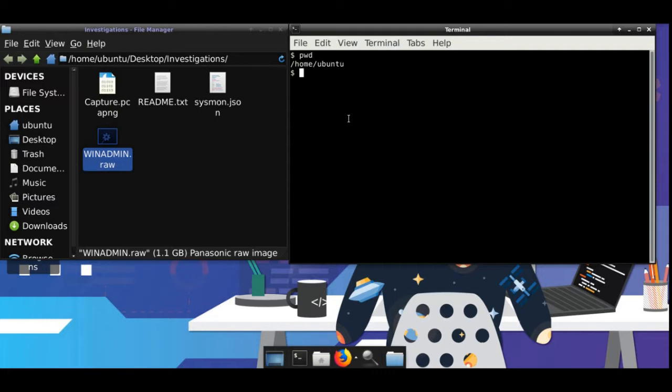So right now, let's see in which folder we are. We are in the Ubuntu home directory, right? So we have to move to the desktop, and then to the investigations folder, right? So let me use volatility with the image win admin dot raw